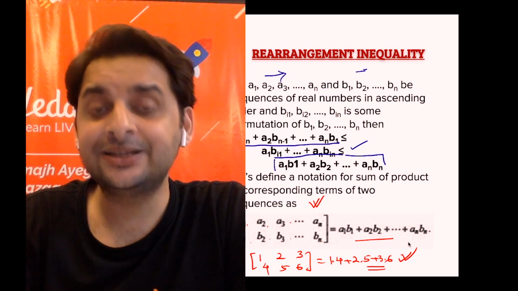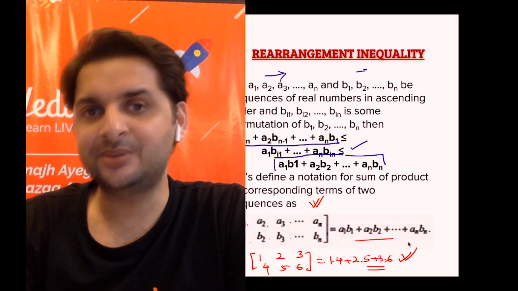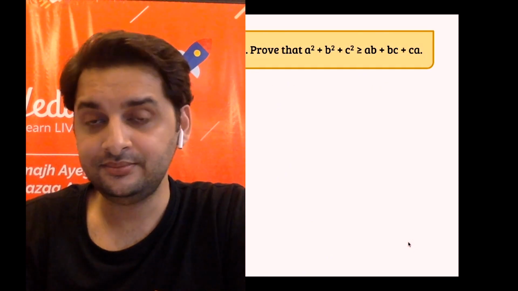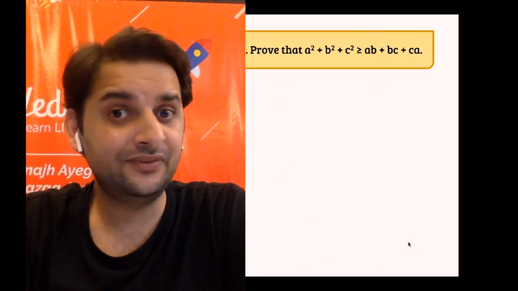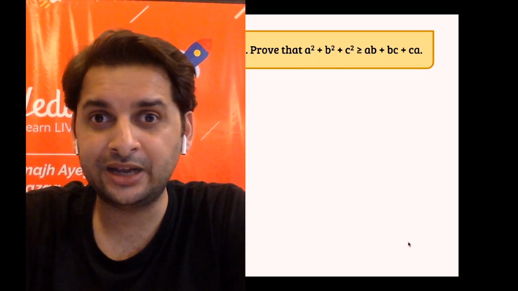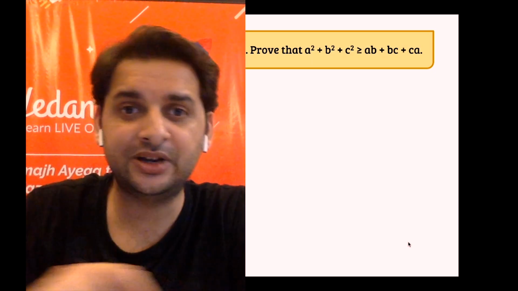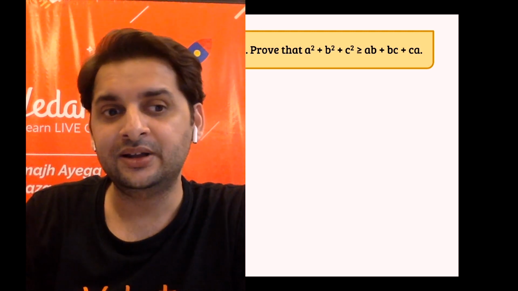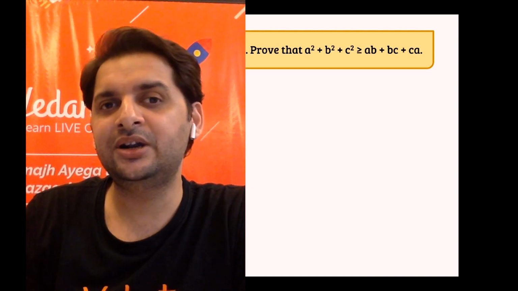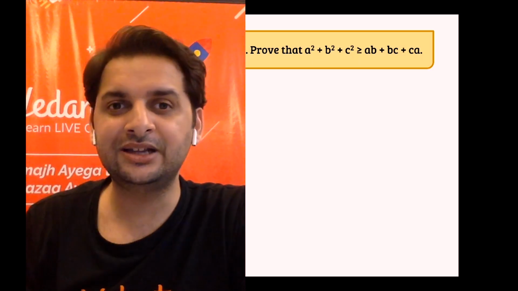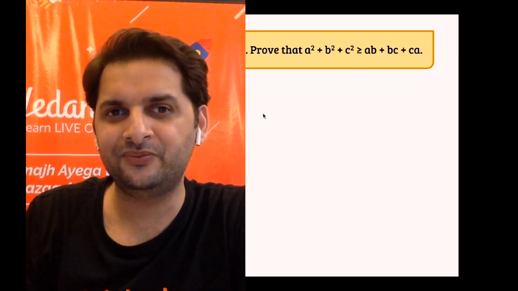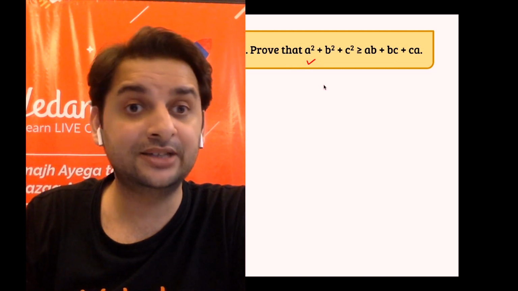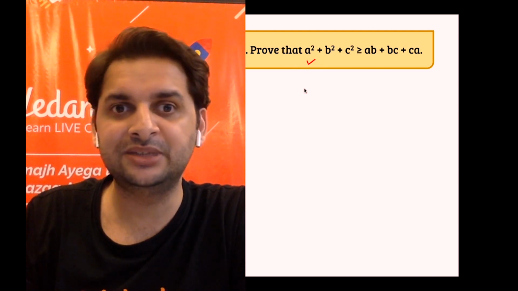Alright, so let us apply this rearrangement inequality in some of the questions and see how easy they become. Now this is one question which I may have discussed say 4 times or at least 5 times in the videos that I've provided before, and again all the proofs are different. And today with rearrangement inequality we'll be proving this one more time with a different proof. Alright, so I need to prove that a square plus b square plus c square is greater than or equal to ab plus bc plus ca.